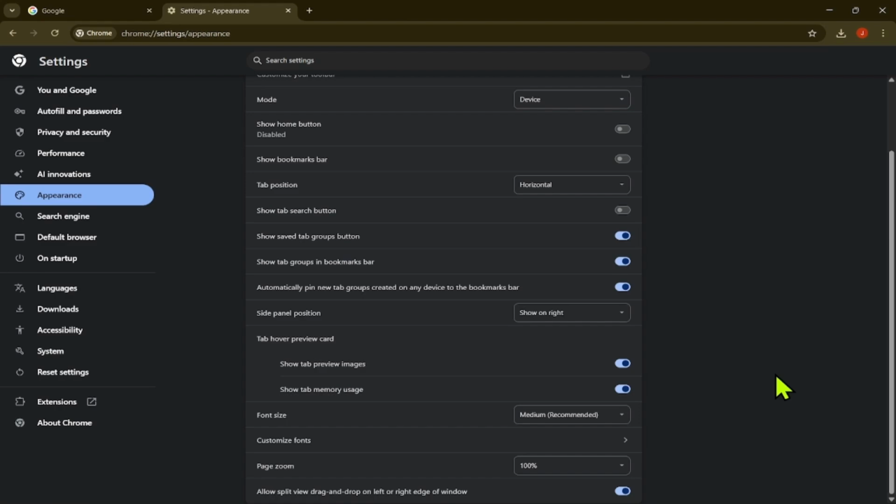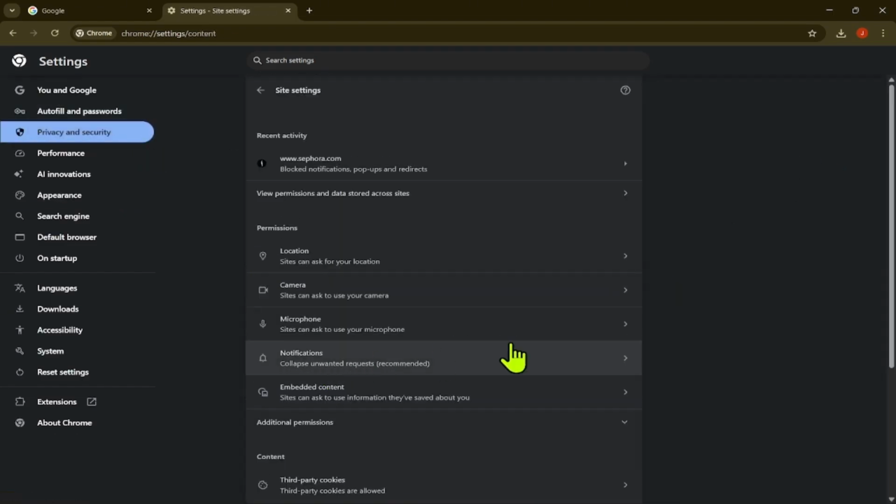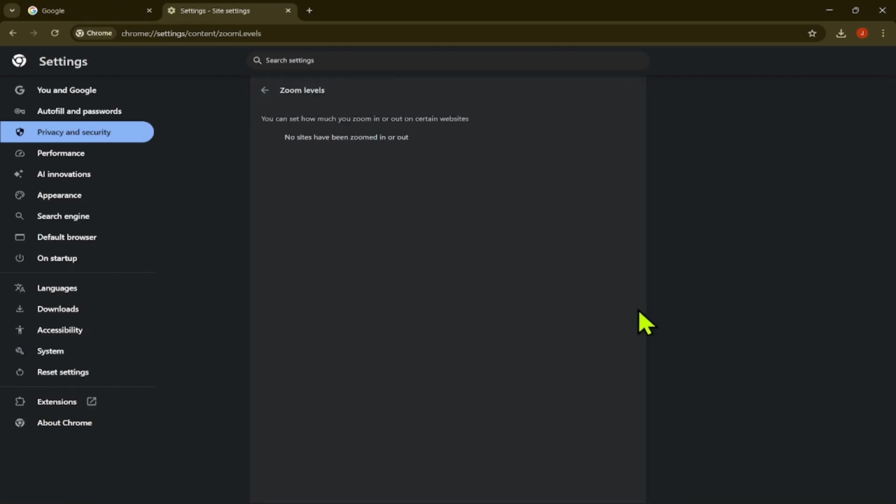Now, if some websites still look different after you change the default, that's because Chrome can also save zoom levels for specific sites. Google says you can manage those saved site zoom settings by going to Settings, then Privacy and Security, then Site Settings, then Additional Content Settings, and finally Zoom Levels. From there, you can remove a saved zoom setting for a site so it goes back to your new default